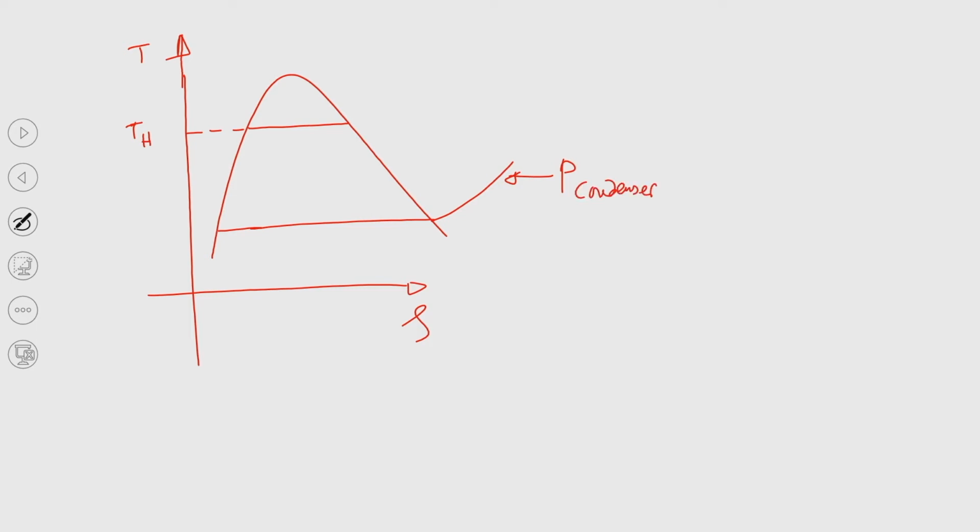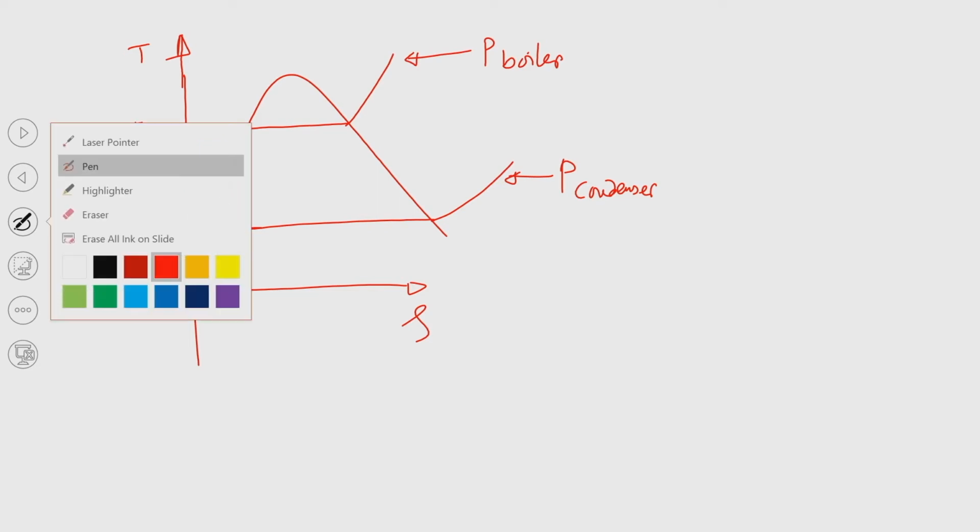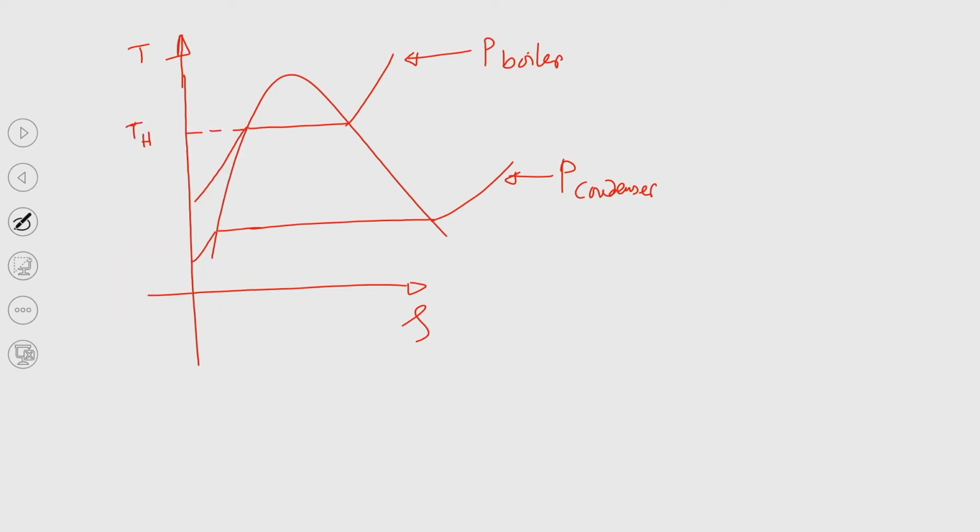You know this, the several processes that you have studied from thermodynamics. So, this is condenser pressure, constant pressure heat rejection, okay, and this is also, this is the boiler pressure. Okay. So, now try to understand, if I try to draw using different color, say this is the process